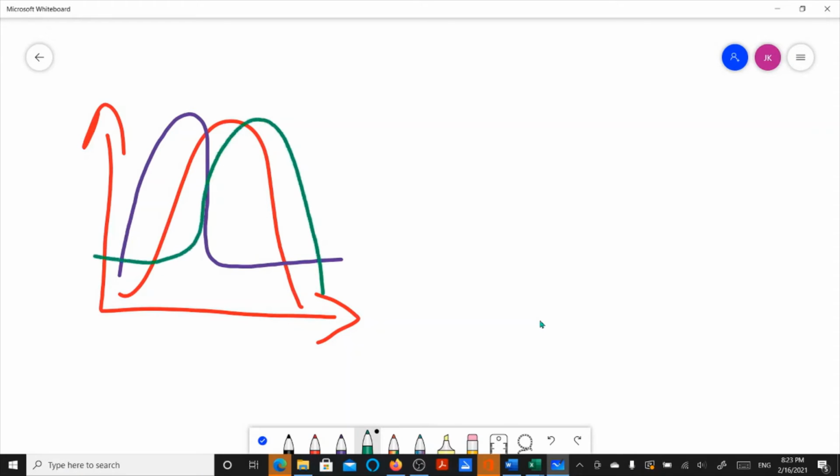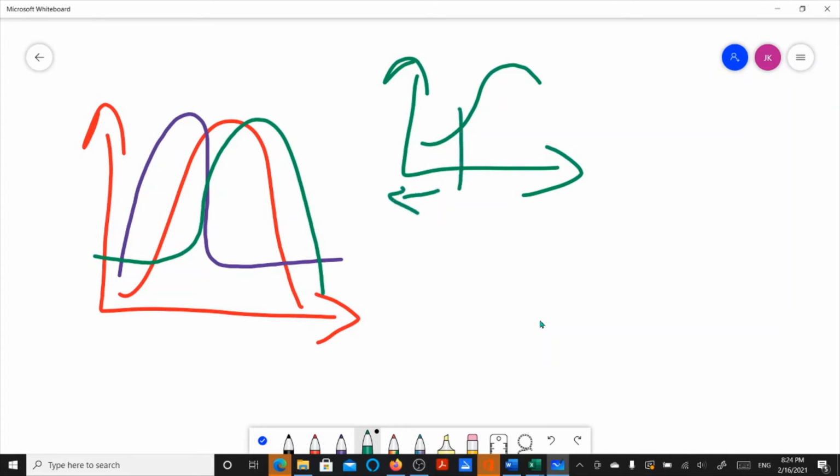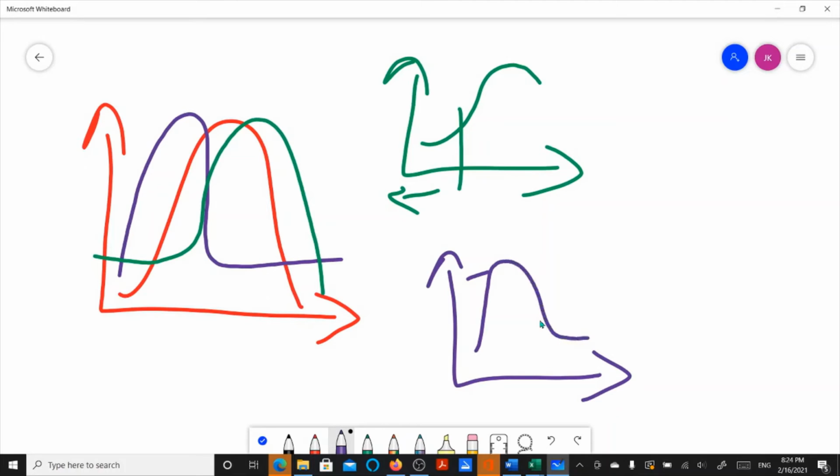This is negatively skewed. So negatively skewed has a tail that is more towards the negative here. And positively skewed has a tail, they call it the tail end, that is